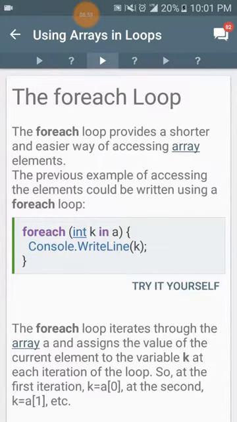The foreach loop. The foreach loop provides a shorter and easier way of accessing array elements. The previous example of accessing the elements could be written using a foreach loop like this. We use the foreach keyword and in parentheses int k in a. And in the body of the foreach loop, in these curly braces, we have a single line of code that says Console.WriteLine(k);